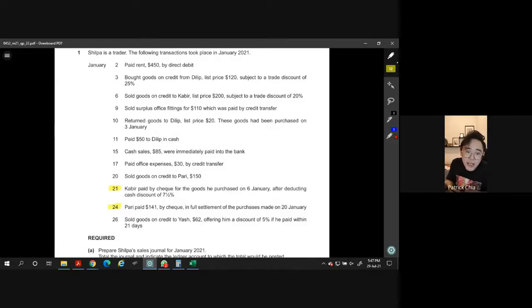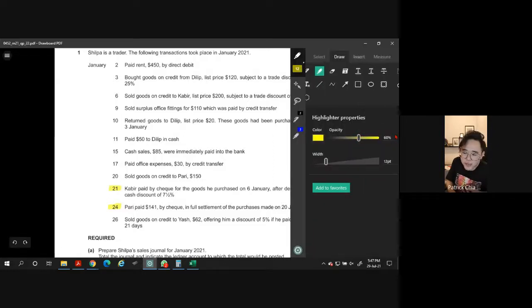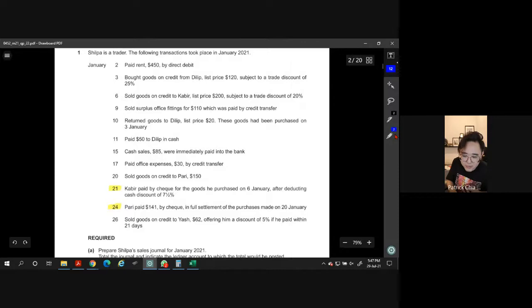I'm pretty sure you guys will encounter some cash flow questions whereby when you read, they sound very confusing because they use something like the word after deducting. Okay, they use the word after deducting the discount. But then you notice sometimes, how come the answer like this one hasn't deducted? Even though they put the word after deducting. So later I'll show you some questions. Okay, maybe this one is not that because this is after deducting cash discount.